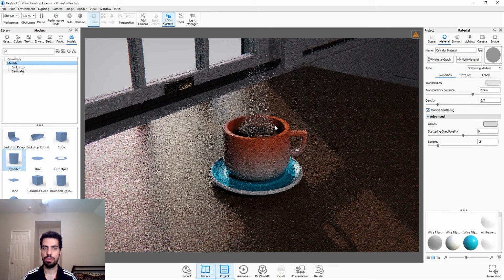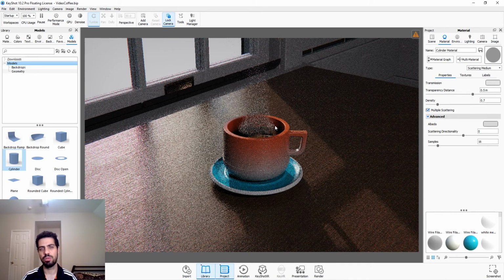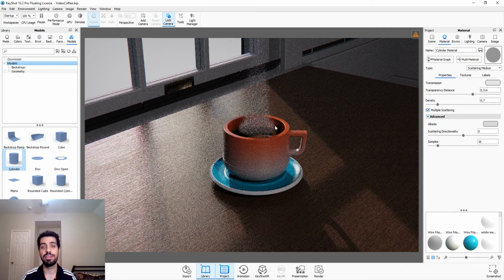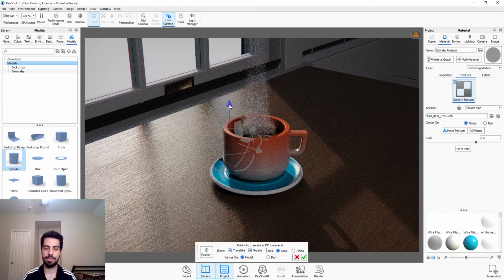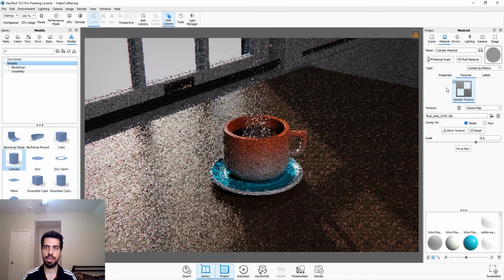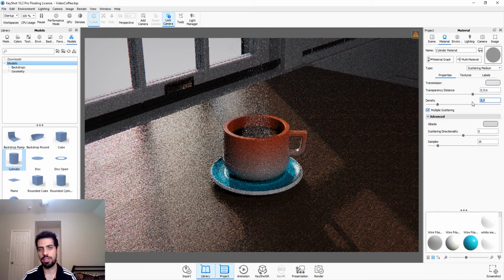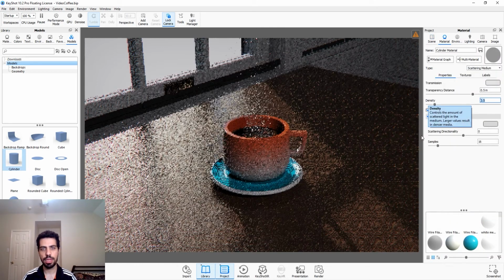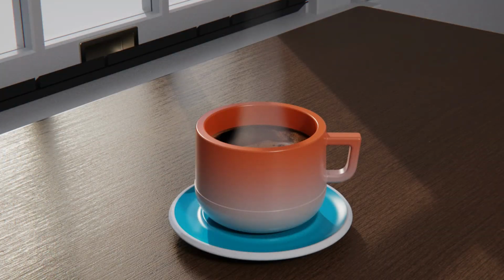And you can render this, and if it's taking too long to render and process, you can just send it to a farm or something, which I do. And then I play with it while it's rendering. And then if the results were not as good as I wanted, I'll just send a new render to the render farm. So that's what I do. And I believe you have to move this a bit to somewhere here maybe. And I think the density is still too much, so we're just going to do 0.5. And I will be rendering this, and I will be showing you the results at the end of this video,